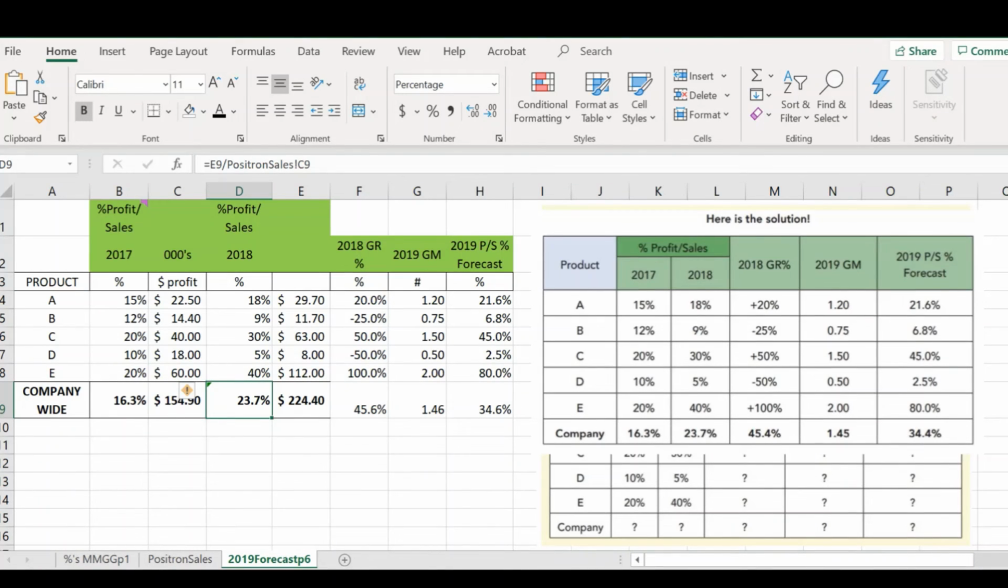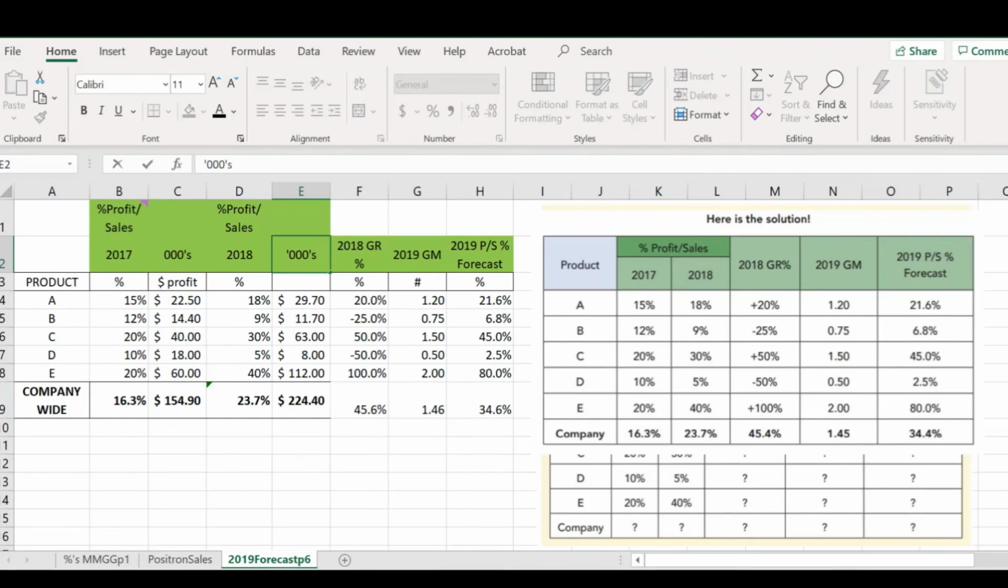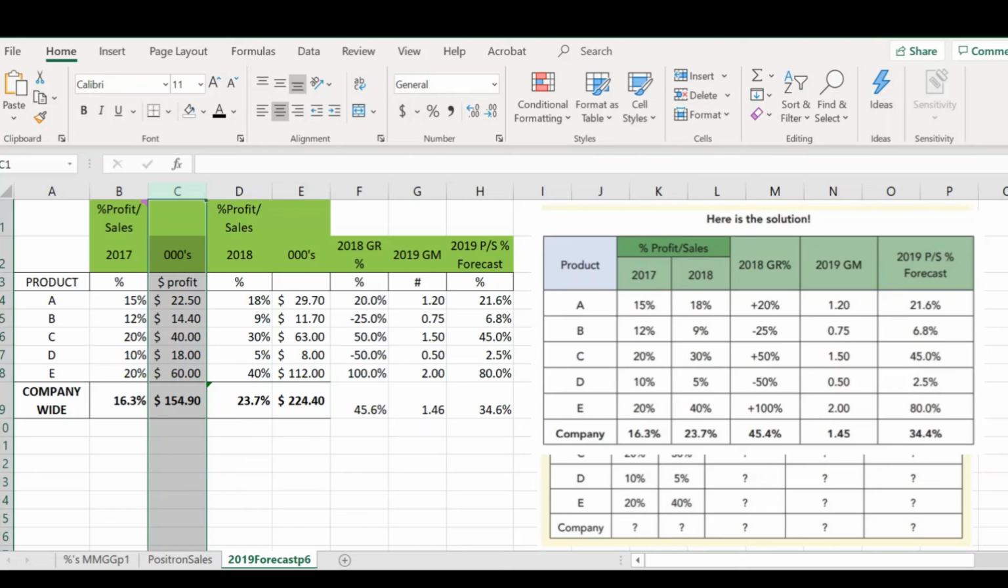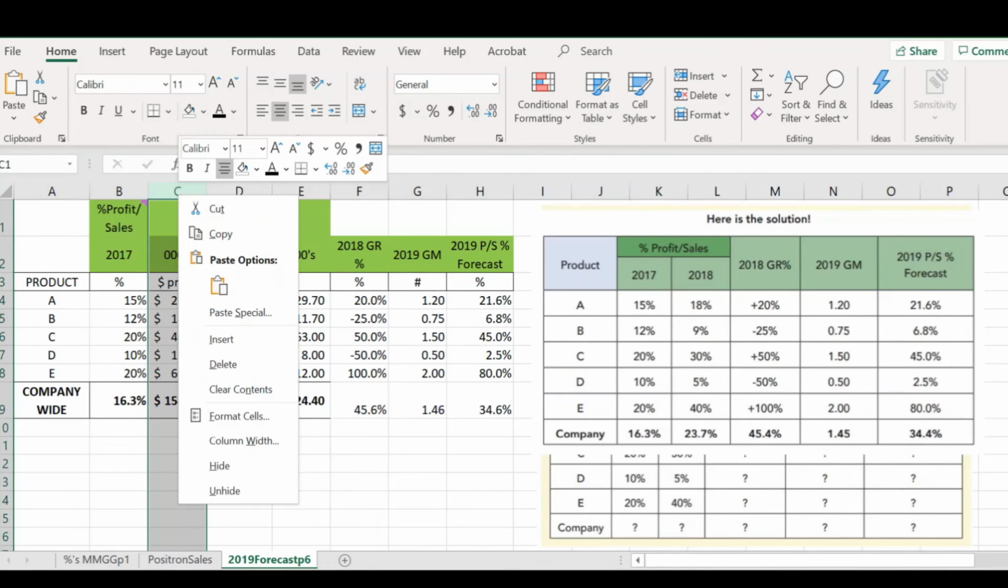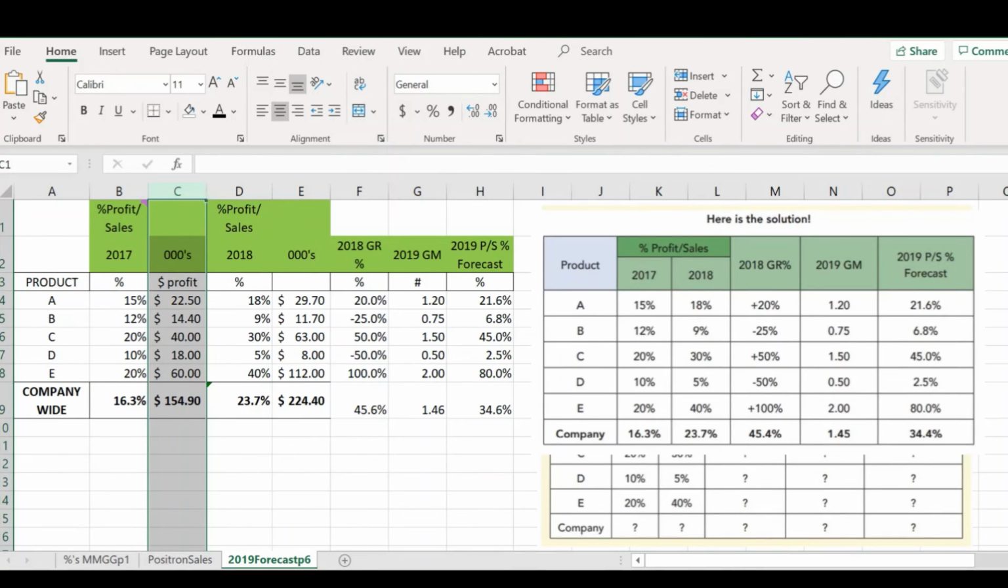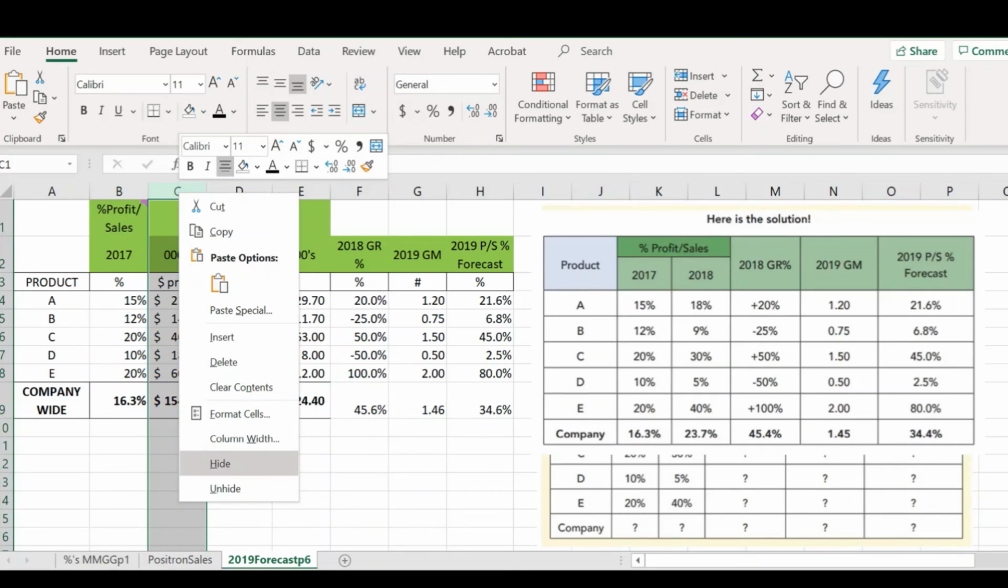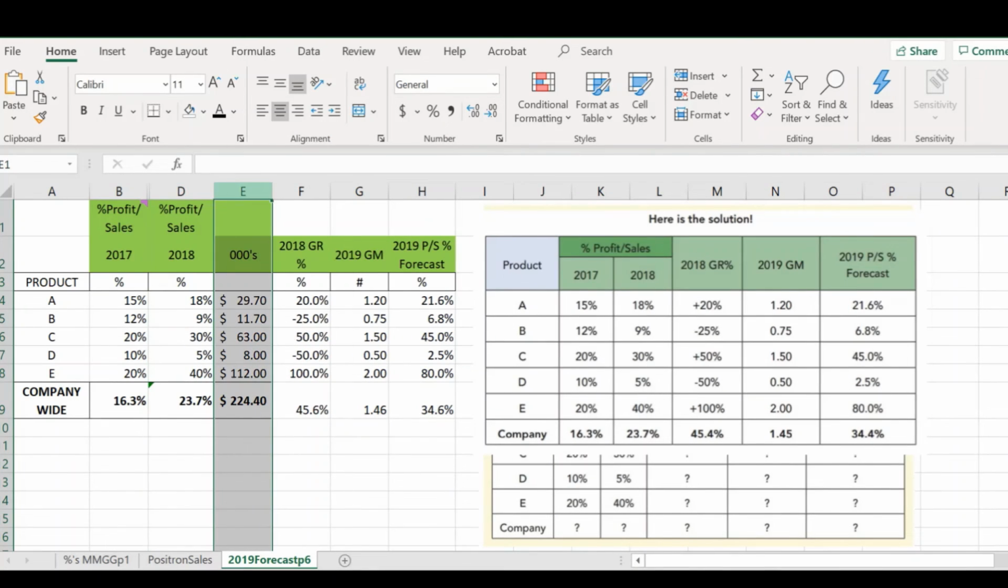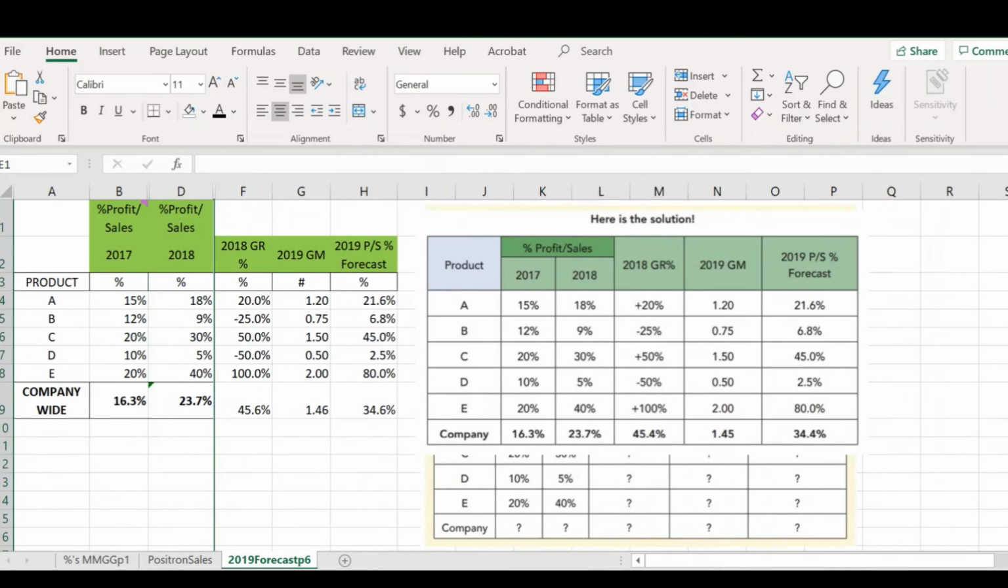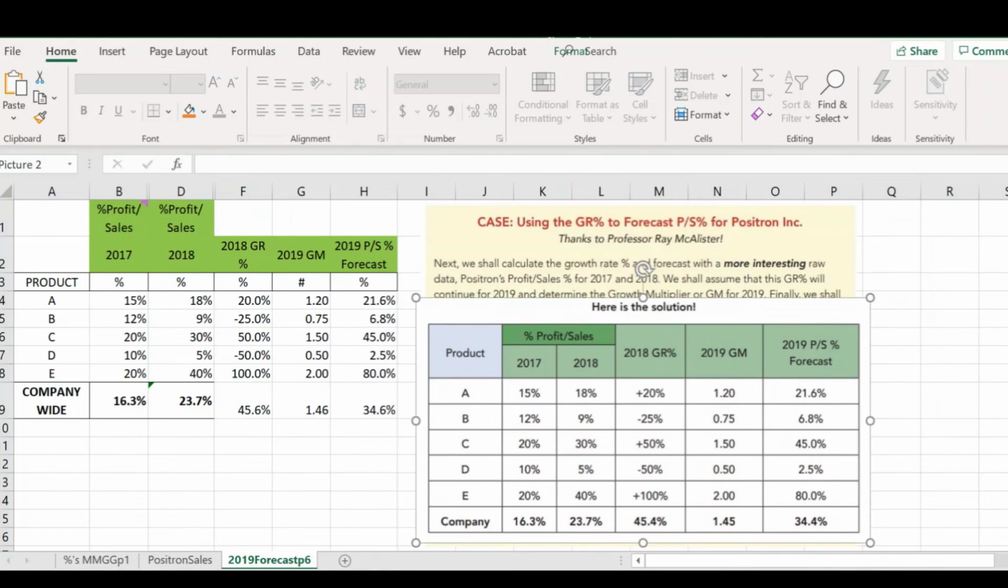Okay, and remember, I had to create these columns here so that I could actually give the correct answer for those two numbers. Okay, I'm going to hide them so that you can see my answers do look just like the textbook. See, now you can see my answers look just like the textbook's. 16.3%, 23.7%,